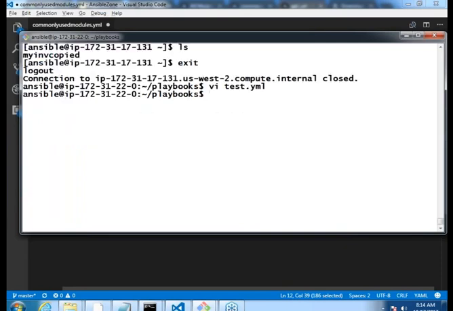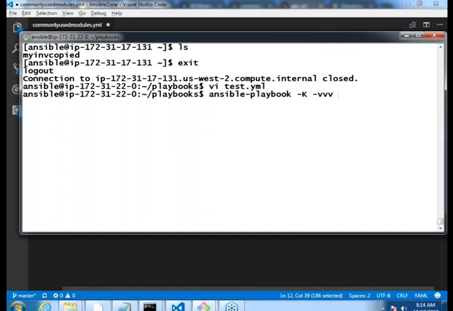Fine. Now again the same command, ansible-playbook, and I wanted to ask for a password, which is -k, and then this time let us enable verbose logging.